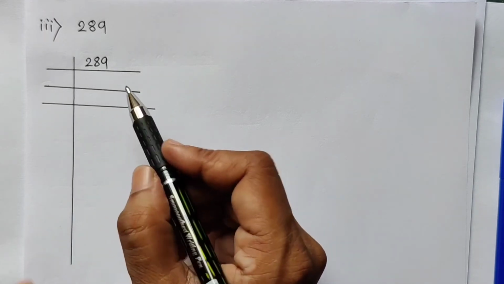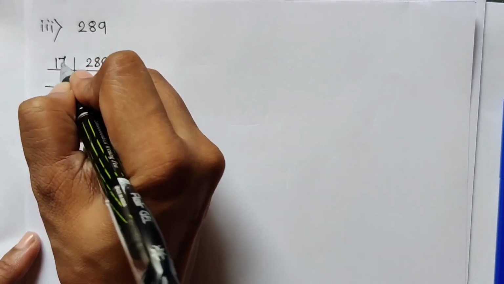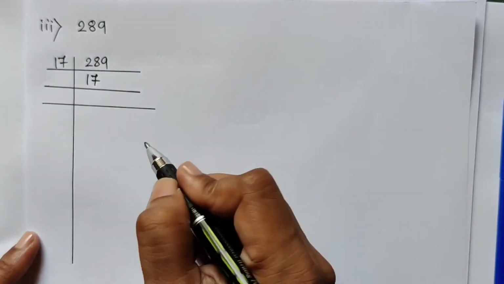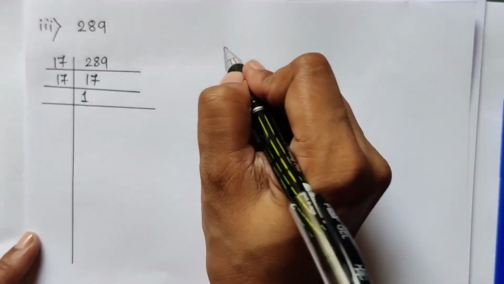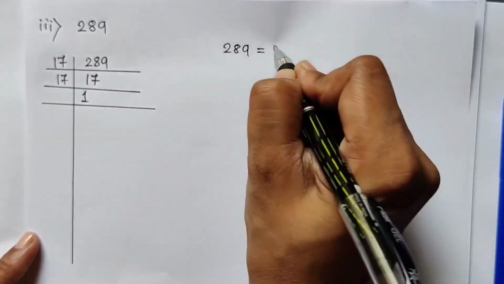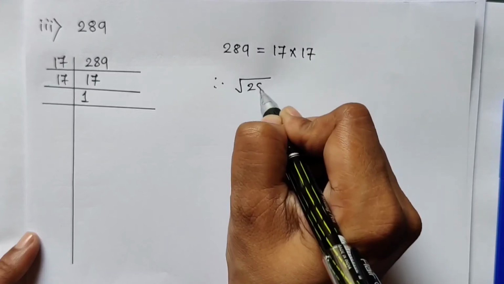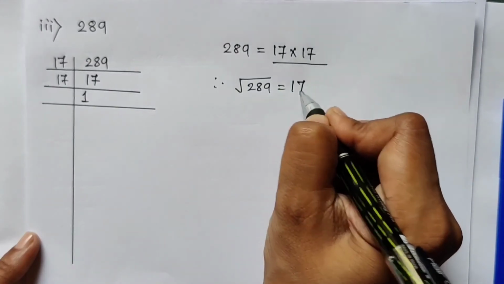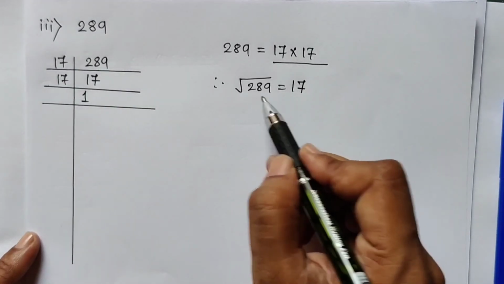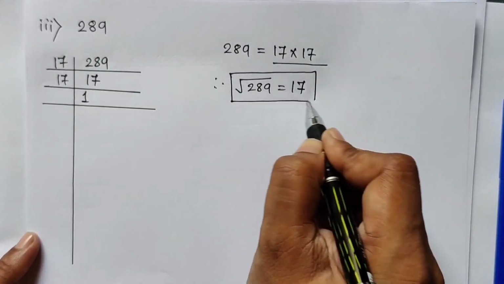No, it is directly divisible by 17. It directly comes in the table of 17. 17 17s are 289 and 17 1s are 17. It is not there in any other table. So 289 is equal to 17 into 17, and therefore for the square root of 289, we have got the pair 1 time. So instead of writing 2 times, in the answer we have to write 1 time 17. So the square root of 289 is 17. So in this way you have to write the answer. Now let us see the next sum.